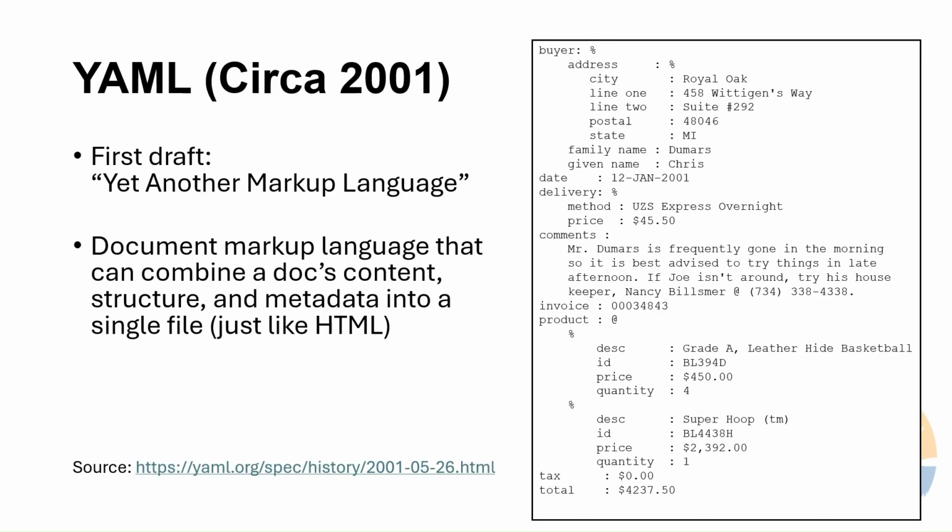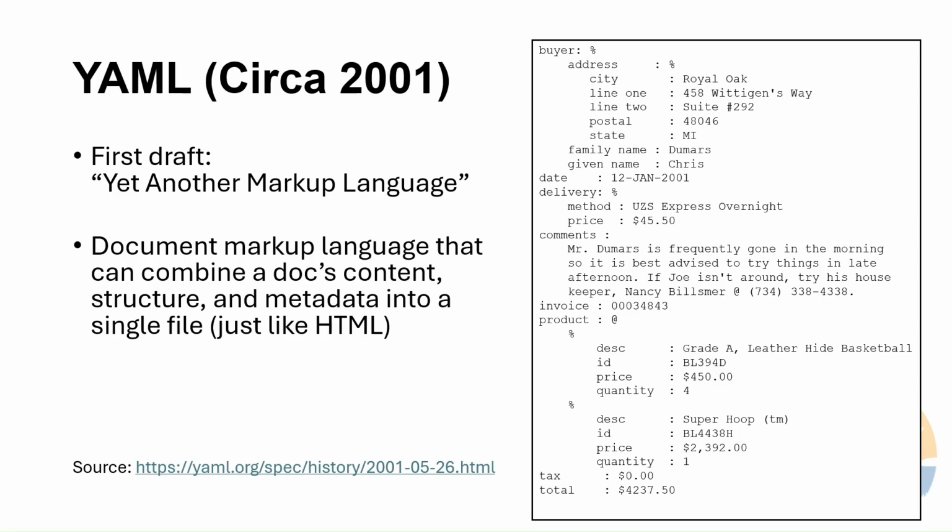When it first came out, YAML stood for yet another markup language. It is a document markup language that can combine a doc's content, structure, and metadata into a single file, just like HTML. So what does that mean? It's a markup language, and what a markup language is doing is capturing a ton of information in a single text file. So here on the right side, you can see